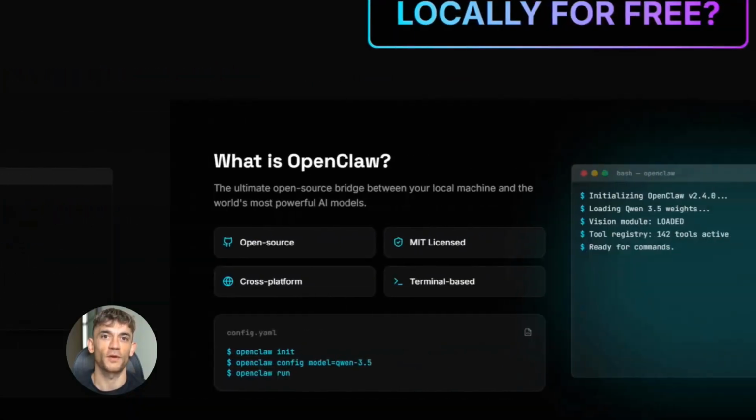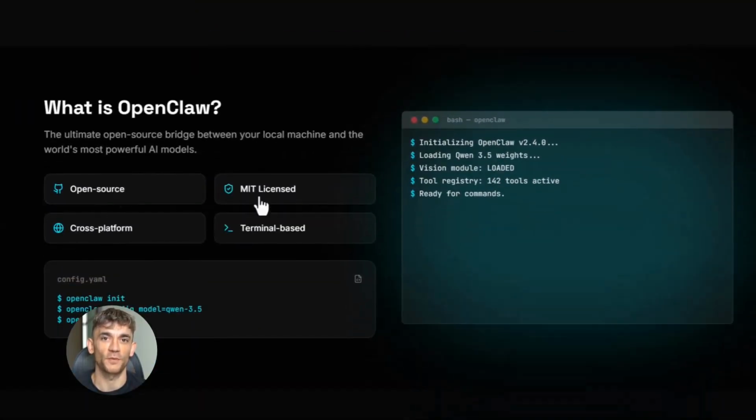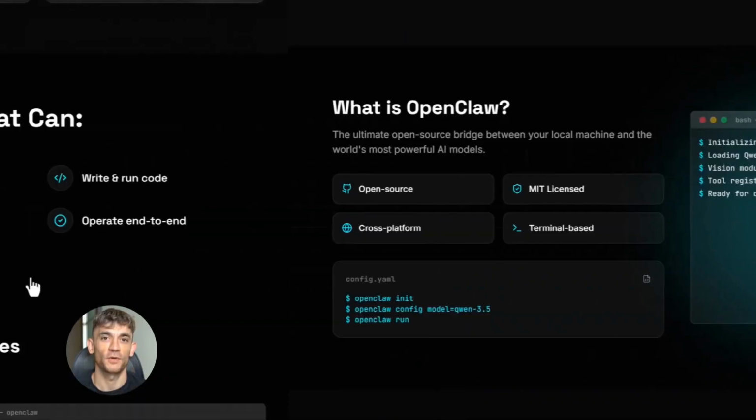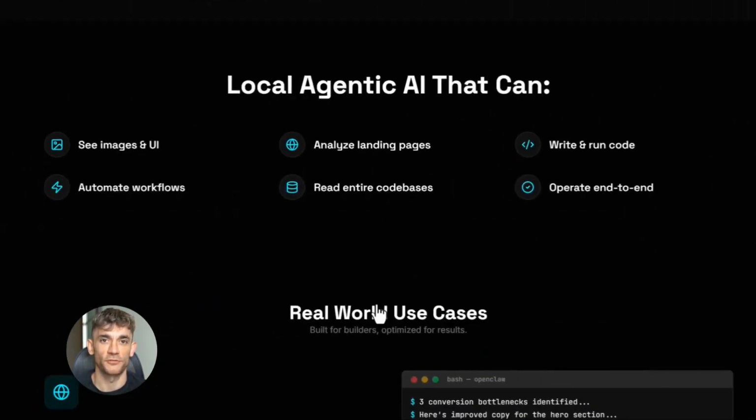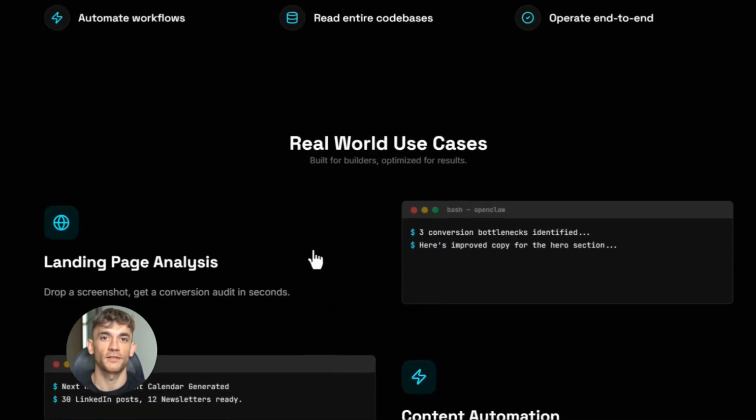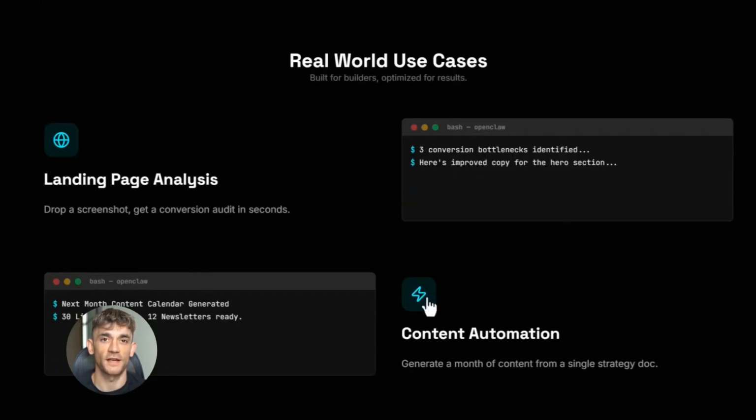Stick around. Openclaw is an open source, cross-platform AI assistant that runs straight in your terminal. It's MIT licensed, which means you can use it, modify it, and build on it for free. No paywalls, no lock-in. It's got over 208,000 stars on GitHub, which tells you